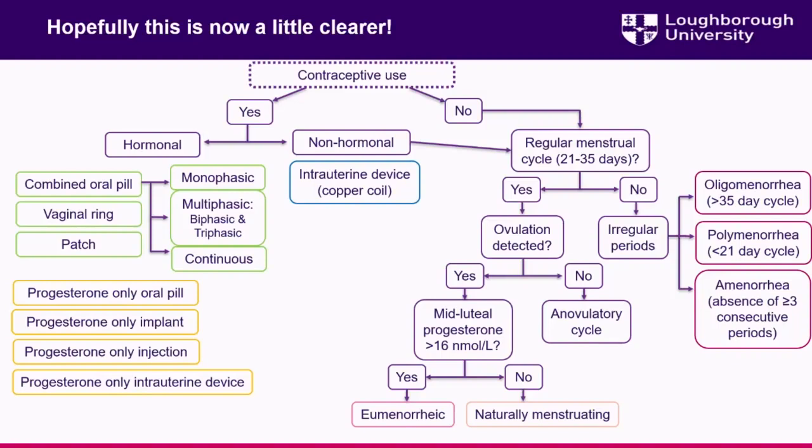Then when we're thinking about the menstrual cycle, there are a few different things to consider. You've got menstrual irregularities, so you've got longer than normal menstrual cycles, shorter than normal. You've got amenorrhea, you've got anovulation, and you've got luteal phase deficiency. These are typical menstrual cycle irregularities that you may experience, but you've also got women that will be classified as eumenorrheic or naturally menstruating, depending on how you classify them. So it looks like a bit of a minefield, but actually when you delve down into it, using these sorts of pathways, you can simplify quite nicely what someone might look like.